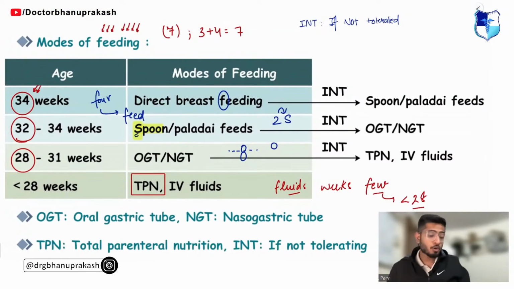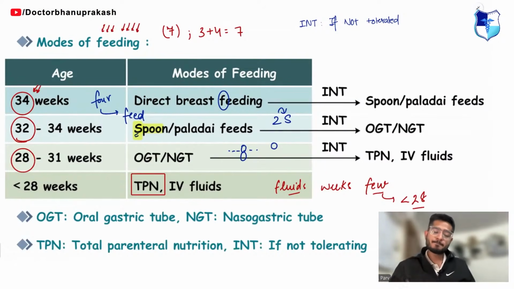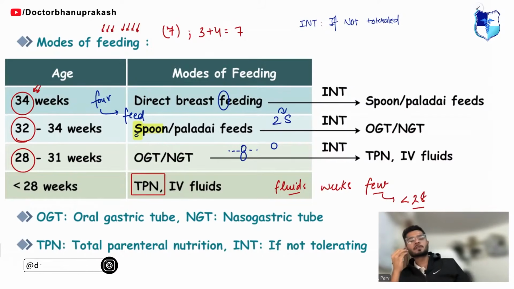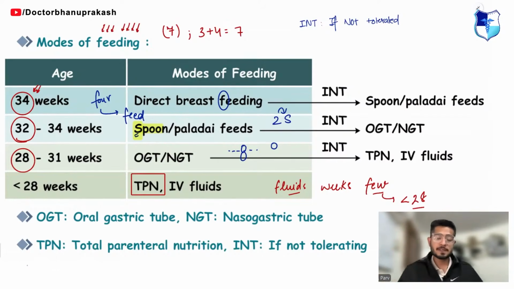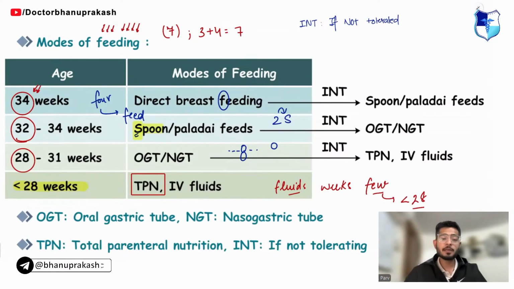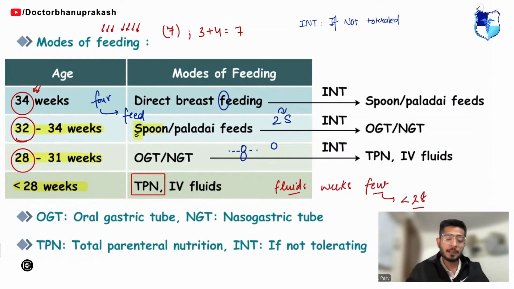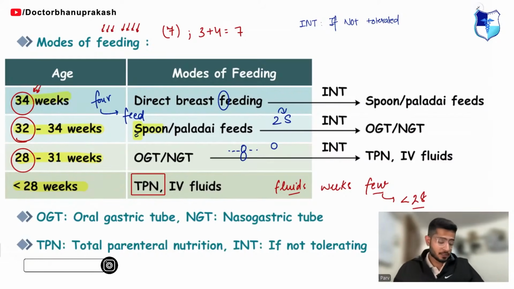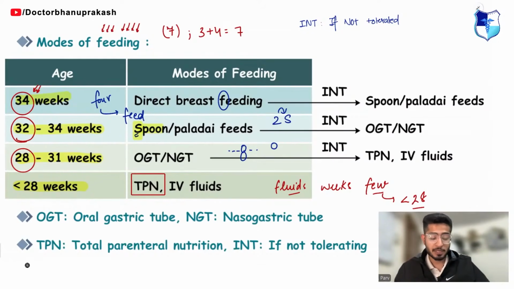Coming on to modes of feeding. Yes, modes of feeding. Okay, so look children, modes of feeding you have to cram, you have to memorize, okay. You're supposed to cram the modes of feeding anyhow. That if the baby is 28 weekers, how to feed the baby. If the baby is more than 28 weekers, how to feed. If the baby is 32 weekers, how to feed. If the baby is 34 weekers, how to feed. Now to remember this, just to retain this in your brains, you have to